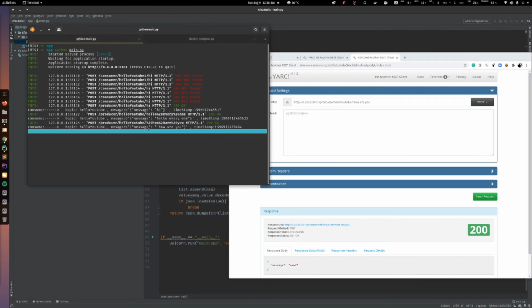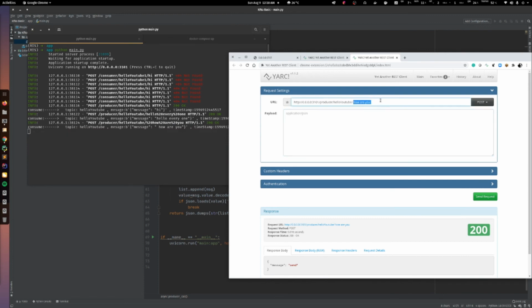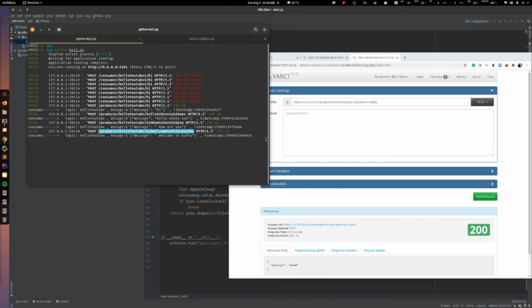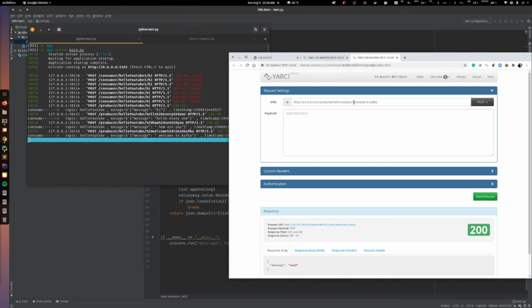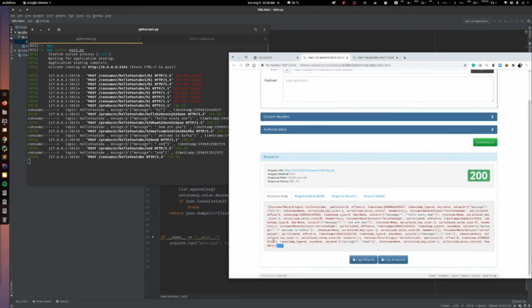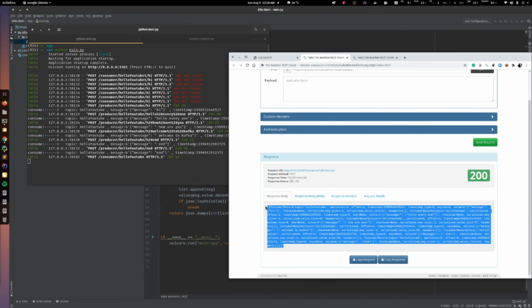It also received how are you. Welcome to Kafka. Yeah, it also sent welcome to Kafka. Now I try to end this. Yeah, it actually ends the overall process, and it returns the whole message.